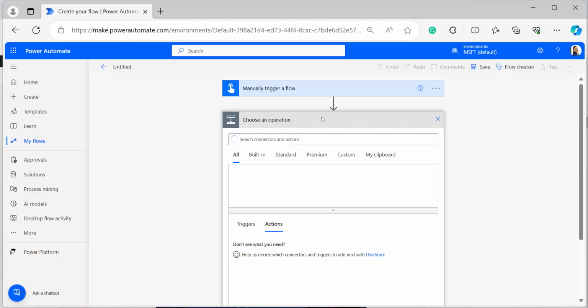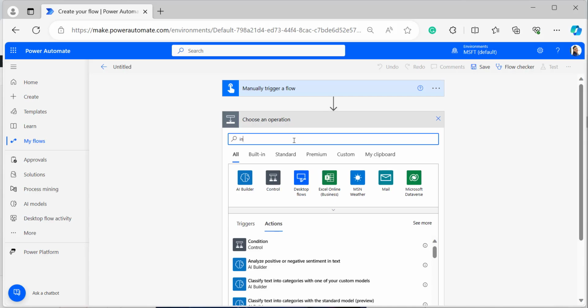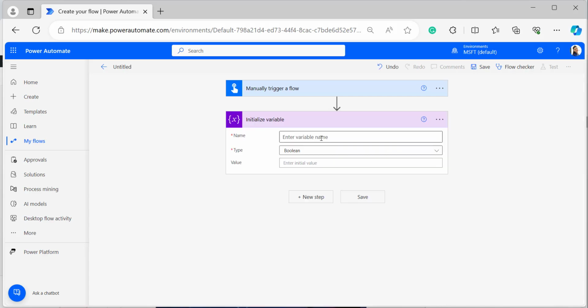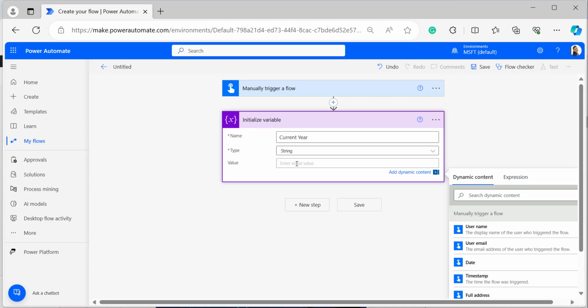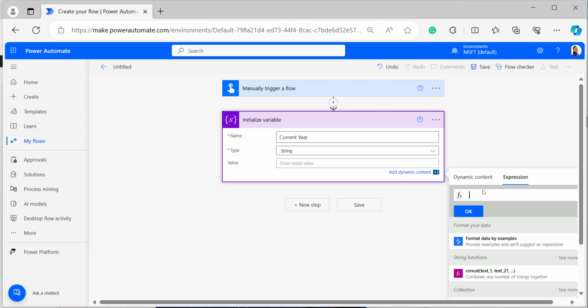and click on create. Under the trigger, add an Initialize variable. Initialize variable is used to store values during the flow, and those values can be used after initializing them. In the Initialize variable, give a name for the variable. I am giving it as current year, and type as string. In the value of Initialize variable, let's give the expression